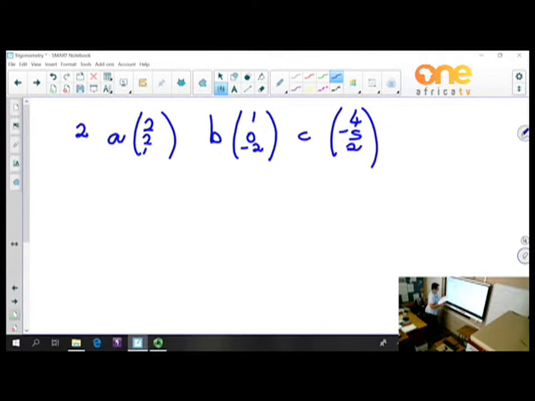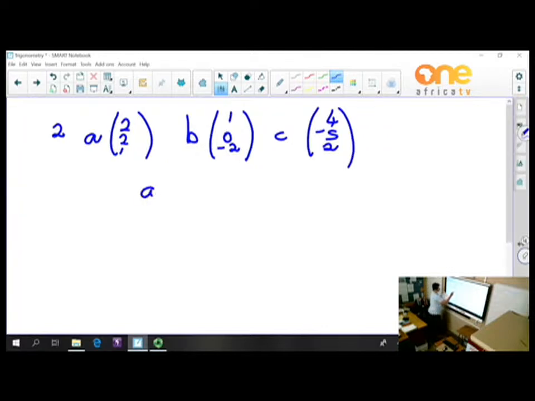And now they say calculate the scalar product of A dot B, B dot C, C dot A. Same that we did in the previous one. This time it's just in 3 dimensions. So this will be 2 plus 0 plus negative 2. So this one is going to be 0. BC